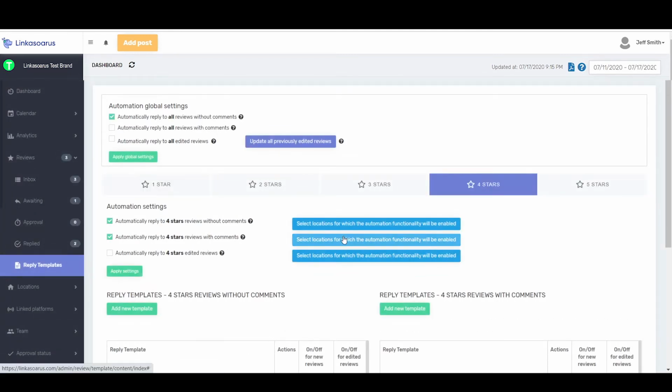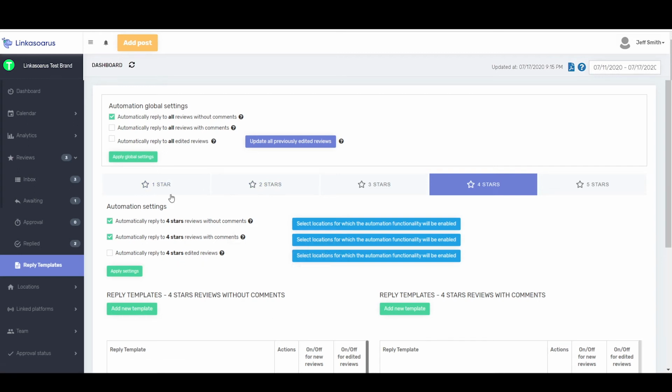Even with the 4-star, your message can still be kind of generic, even though you're saying thanks. And you could say, hey, we're always striving to be a 5-star. Please reach out to us and we'll try to earn your 5-star. And we'll talk about those here in just a second. So that would be that. The next and the third